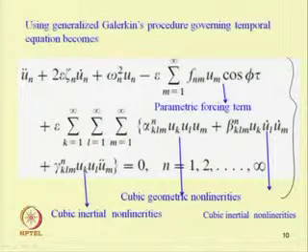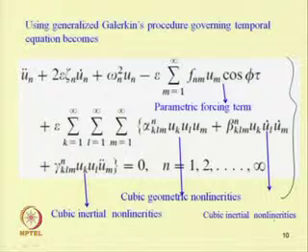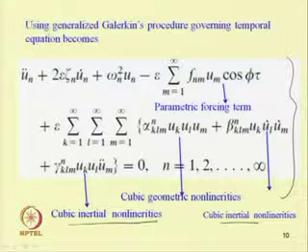So, we have two inertial nonlinear terms, u dot square into u k, which is the cubic inertial nonlinear term, and also u double dot, which is another cubic inertial nonlinear term. We will study this system in detail in module 6, but in the present case the objective is to show that, if we are considering the internal resonance,